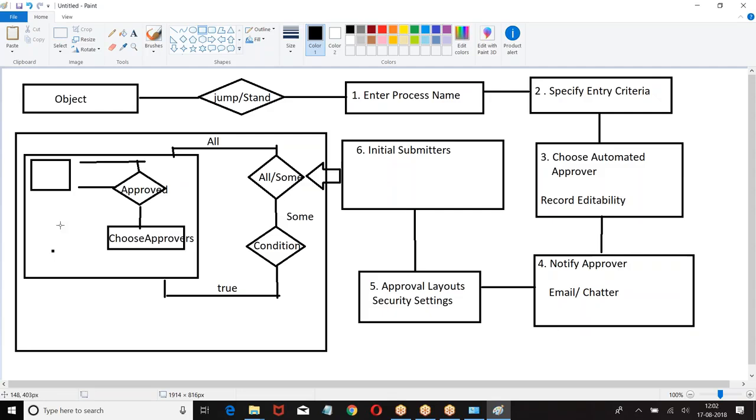Delegated approver. What is the meaning of delegated approver? On behalf of you, who will be approving? Who can approve? Parallel approval process means we can submit the record to more than one user for approval. Now in that case, what is the type of response we have? First response or unanimous response. I hope you got the idea about the process, right?